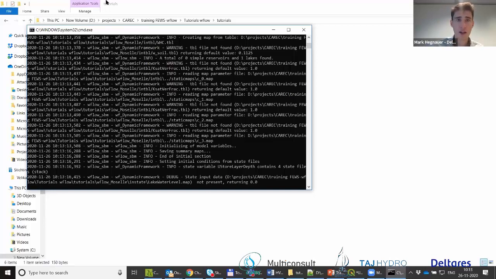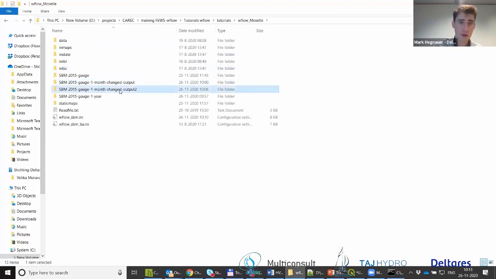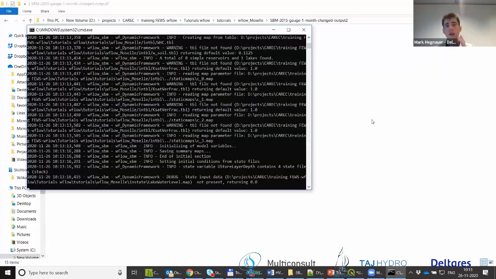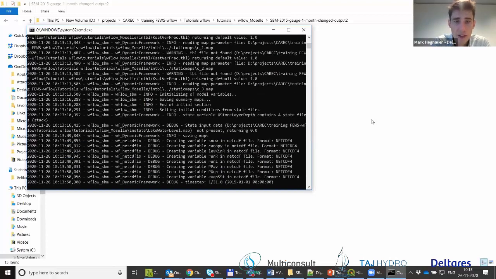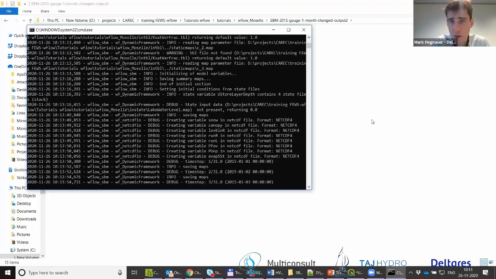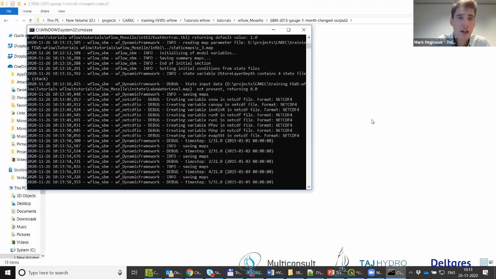Yeah, so apparently it is overwriting it. So then I think now this one is, yeah, it's overwriting. So that is good to know. And apparently that changed in the latest release of the WFlow model, because in the past you would get an error that it is trying to overwrite something. So that's something I will provide feedback to the developers, because it's nice to get a warning if you overwrite